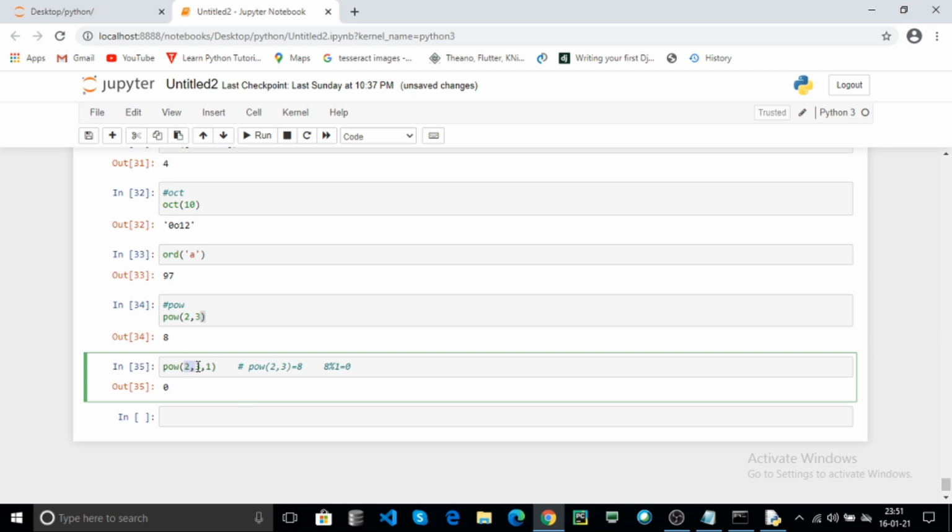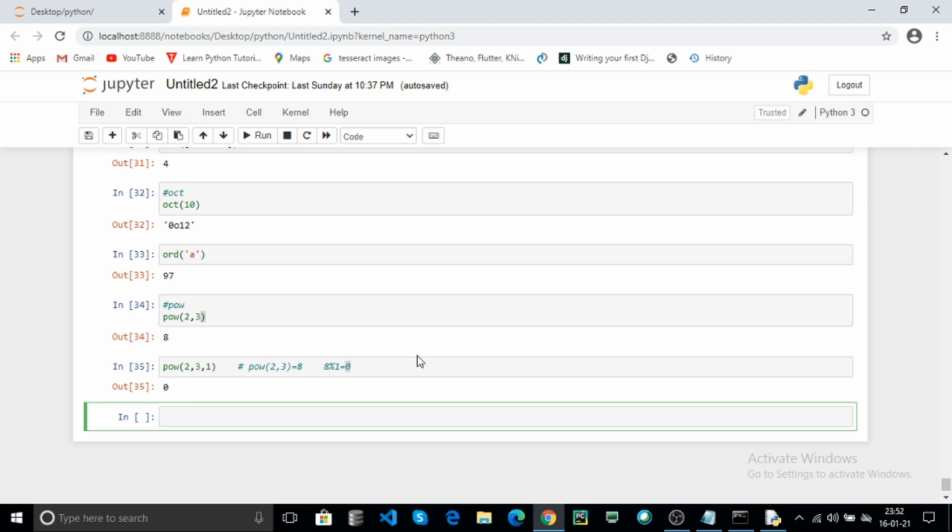Here the 2 power 3 returns 8. After that the other argument is mod of your 2 power 3, and it returns 0. You can also check here 8 mod 1. Click on run.